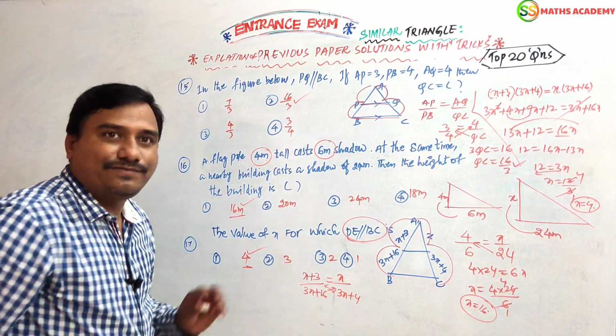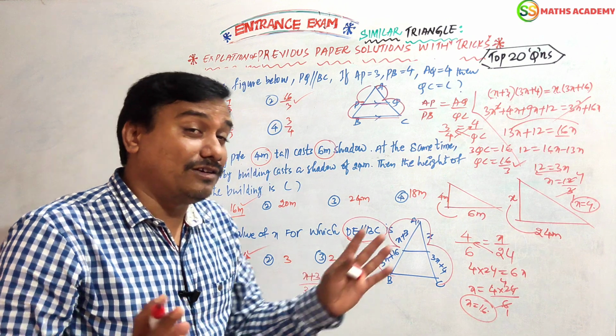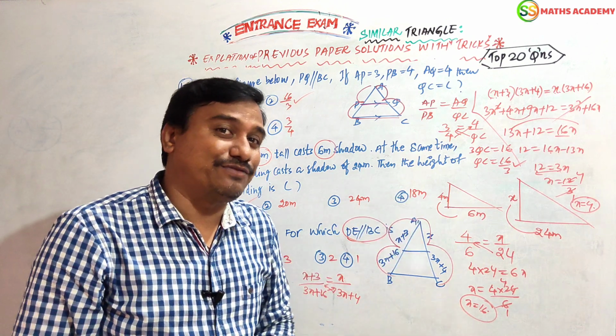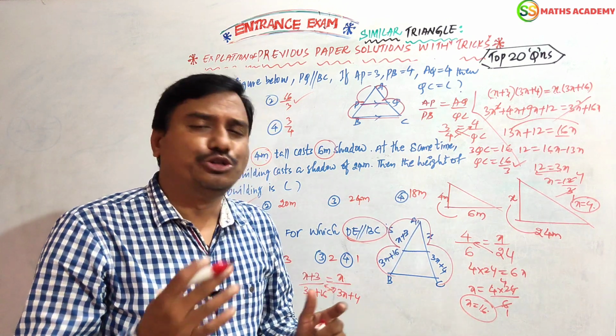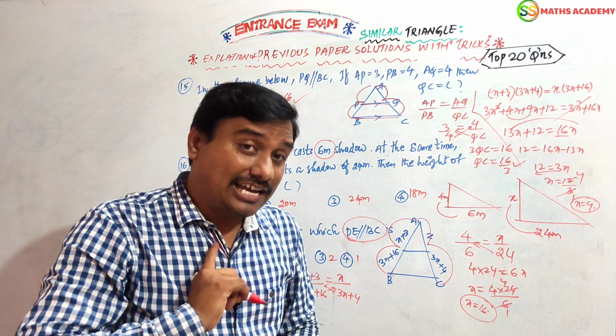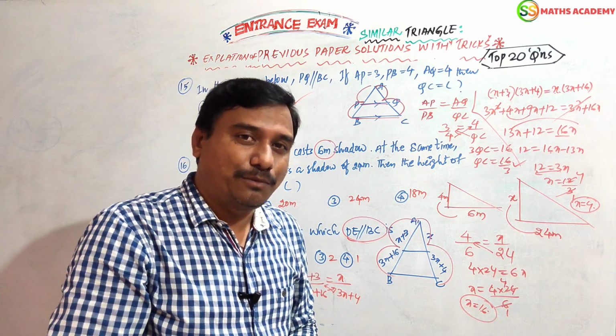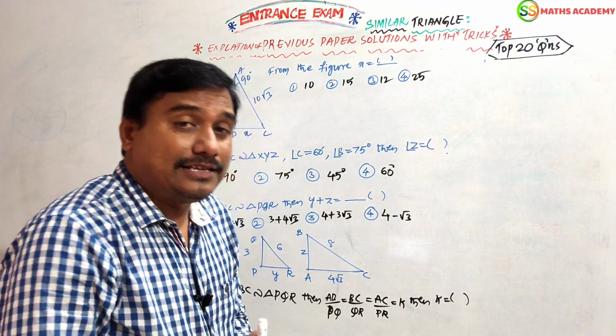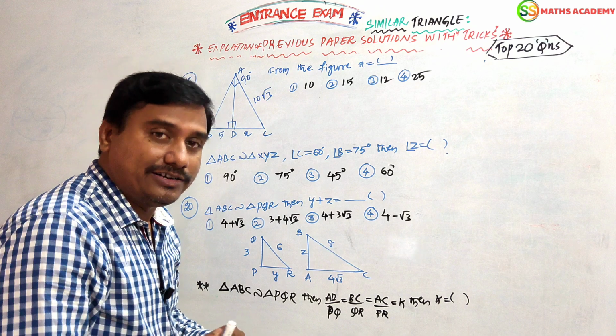This is your answer. Finish. How easy is it? See how I am selecting the models from the previous papers? Beautiful models. You are not missing any question also, I assure it. Now let us see three more important questions, three more interesting models.